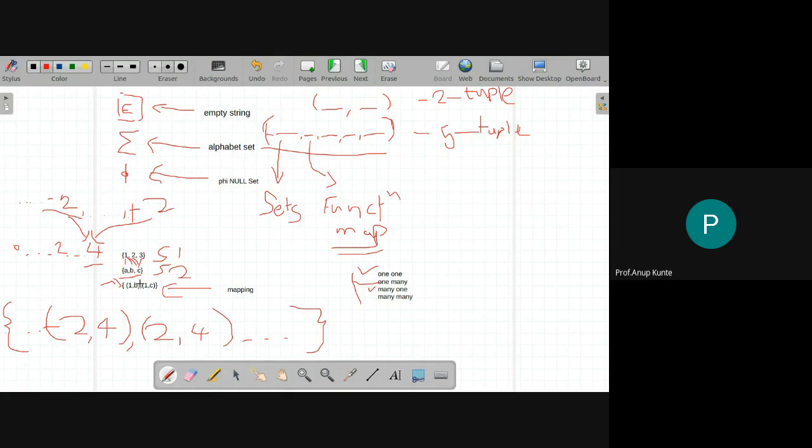So I can have one-to-one onto mapping. That means there is one-to-one correspondence and every element in set 2 is participating in the mapping. For instance, the example of the set of your roll numbers and the set of your names will be a one-to-one correspondence. The relationship between the first set element and the second set element is one-to-one, and the mapping is onto. That is, all the elements in your name set are participating in the relationship. I hope these concepts are clear to you. So these functional maps could be there, sets could be there in this tuple representation. I can have some elements